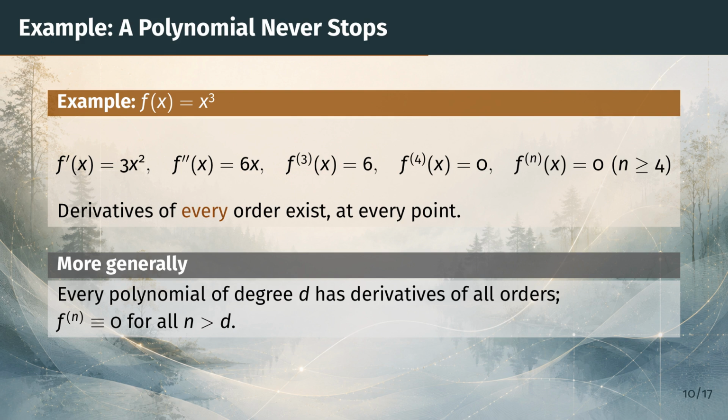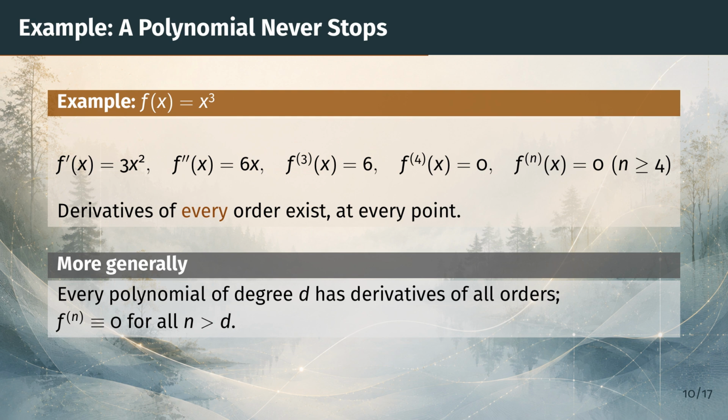Take f of x equal to x cubed. Differentiating once gives 3x squared. Differentiating again gives 6x. A third time gives the constant 6, and a fourth time gives 0. From then on, every further derivative is the zero function, and the zero function is perfectly differentiable, so the tower